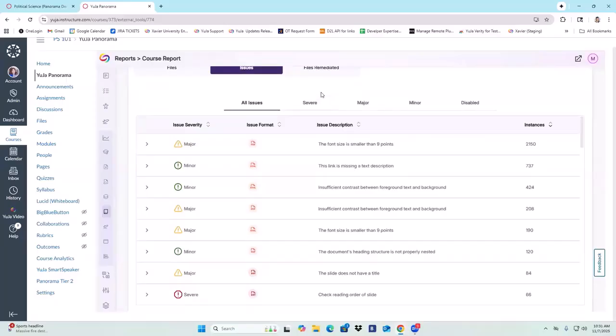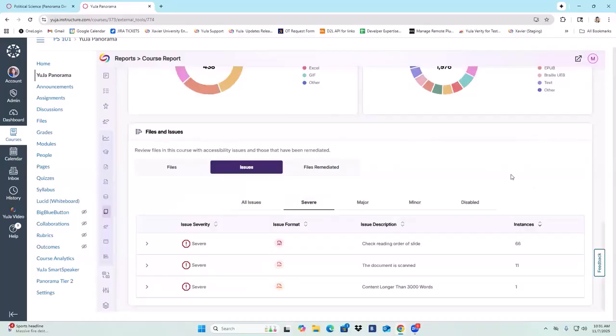So one of the things that I've seen for workflows is that users are going in working on severe items first. So within my course, there are 3 specific severe issues, and it tells me the number of instances that the issue comes up.